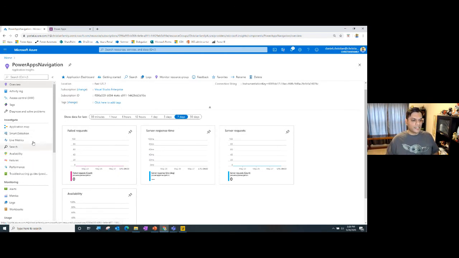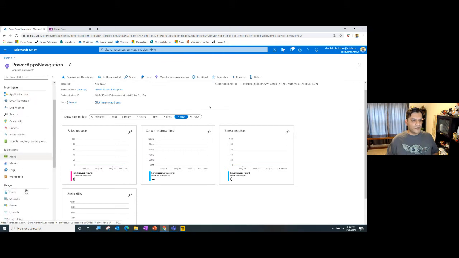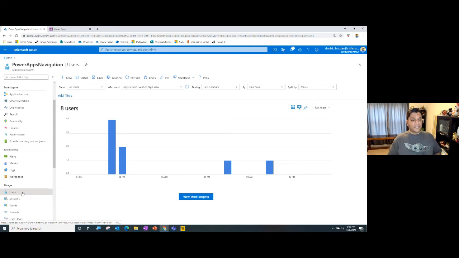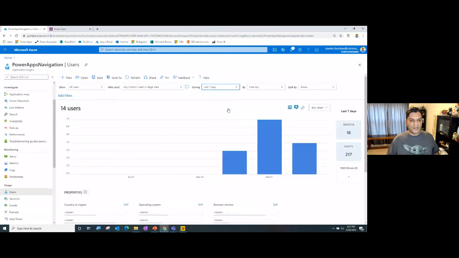So what I'm going to do is I can come over here first, and I'll show you some of the really neat ones. So let's first talk about the users. So the Power Apps over there was able to show me the users and where they were using it and how many times they were using it. So this information, also out of the box, shows me that, hey, all of these were being used over here, and this is how many times it was used in the last 24 hours. I can bump that up to 7 days. So it gives me detailed information of how many times the app was used.